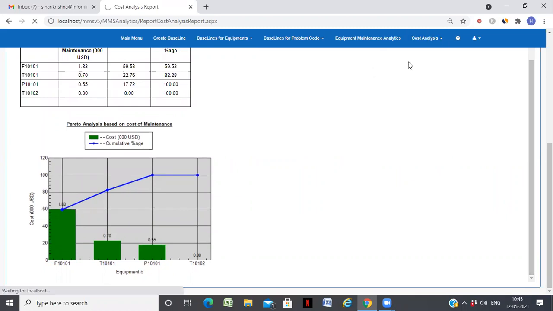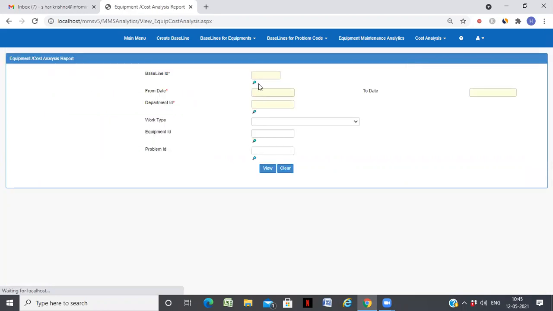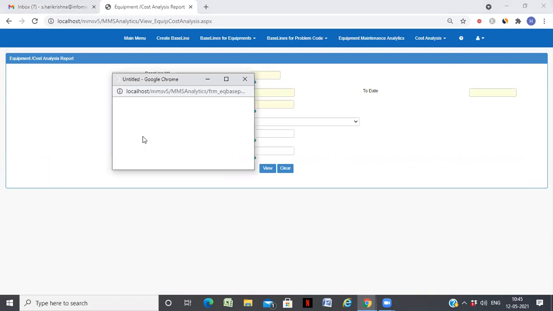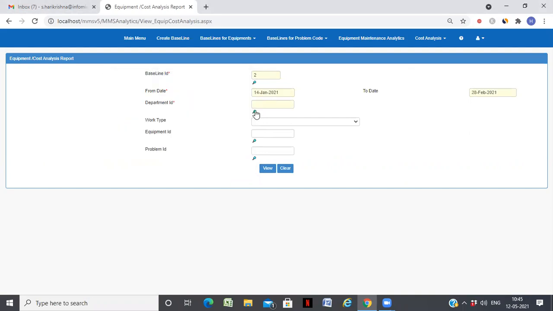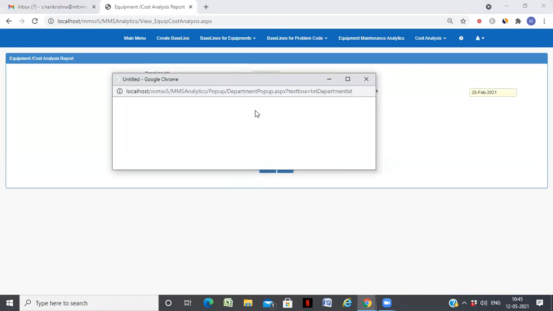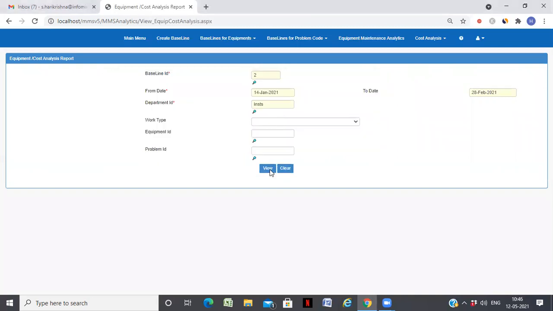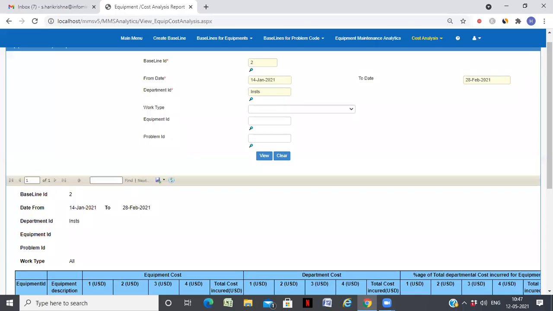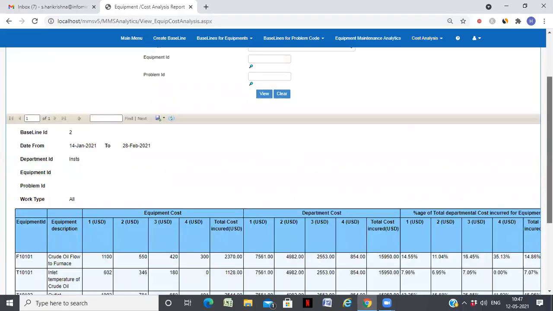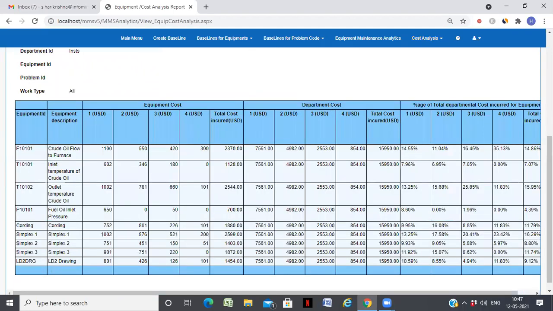Next, you also have an equipment-wise cost analysis. In this report, you will get for each equipment the equipment cost, total cost, departmental level cost, and the percentage of the department cost.